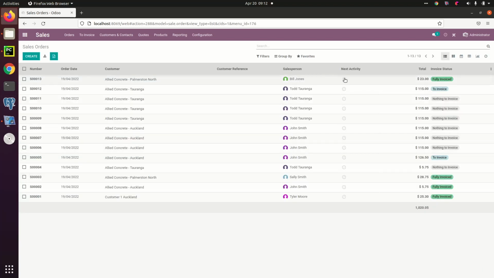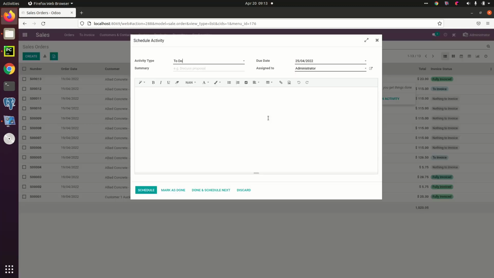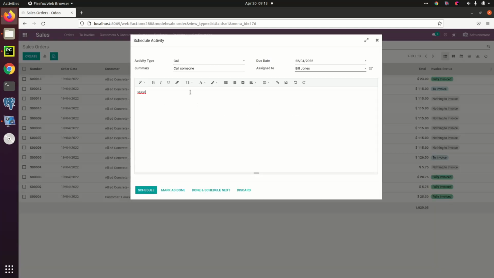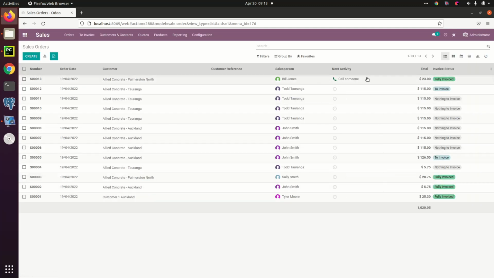So back on this screen, for this record I could click and schedule a new activity, something I need to do, like call someone. Bill's going to do it. This is a completely rich text widget here, so I can add in links, pictures, upload images, all sorts of stuff in here, put in dotted lists, etc. Schedule that,